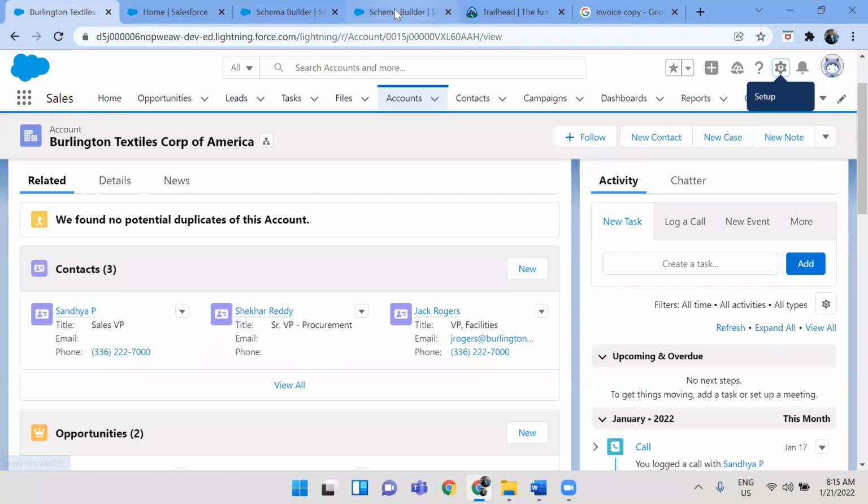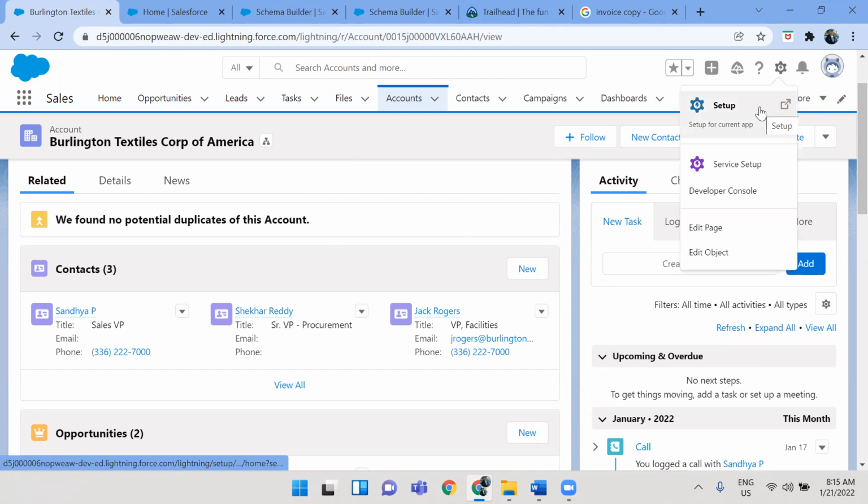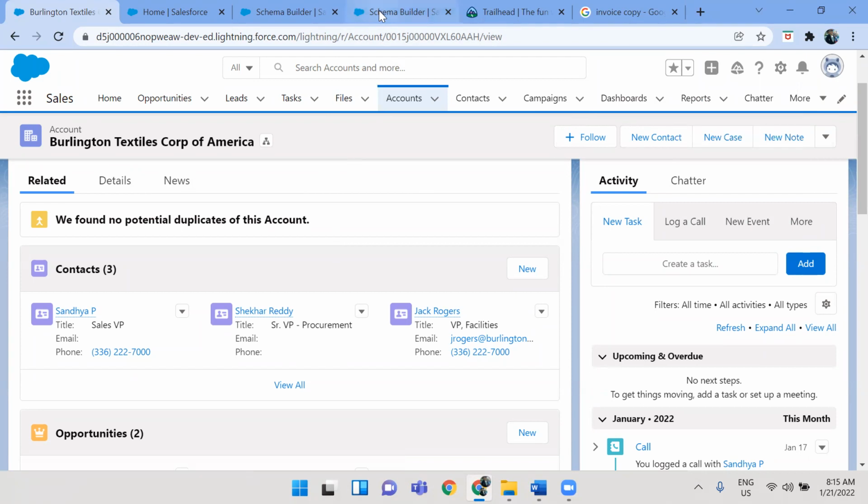But we are all developers, right? We need to have tools where you can configure, customize, and develop. Those are called setup. You click on the setup. The setup is only shown for the developers team. Admins and developers only get this access. Okay. So when you click on this,